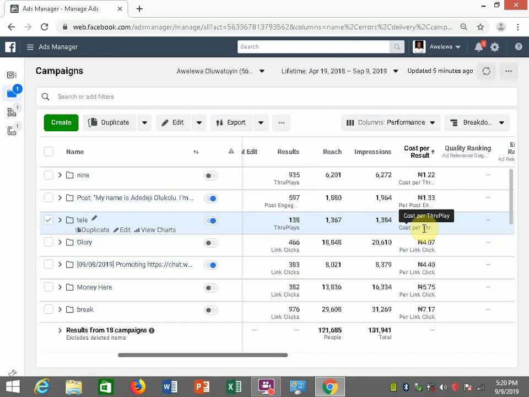For example, if you're advertising something that people are already used to, and the market is saturated, everybody is selling it, and you are selling it, and you don't have something special about the way you are selling, you might not get plenty video views. So your product is very important. The way you present your product is very important, and the way you present your product has a lot to do with the kind of ad you are running. So all these factors come into play when the result of your advert comes out.